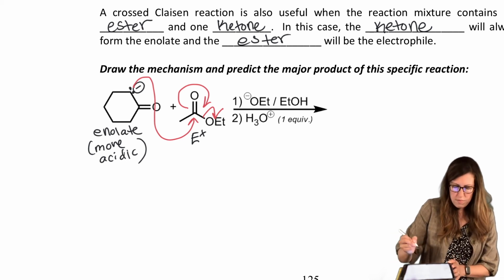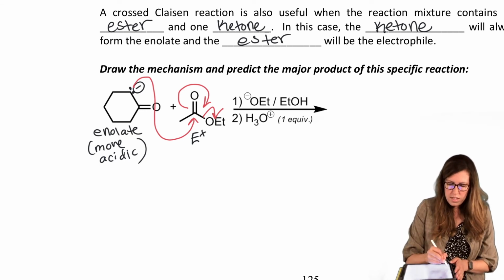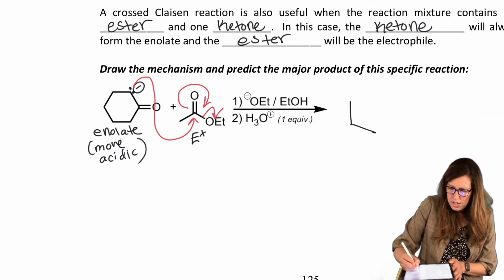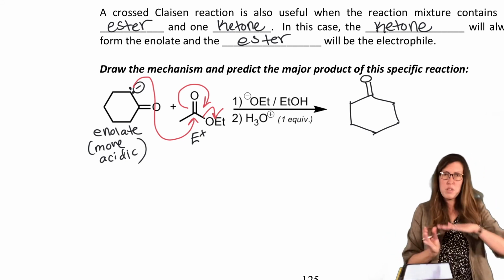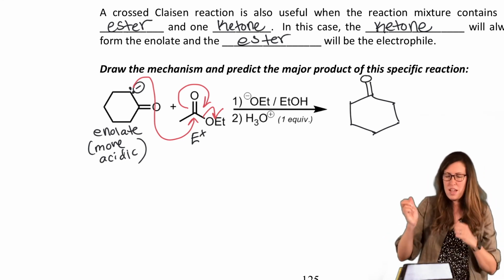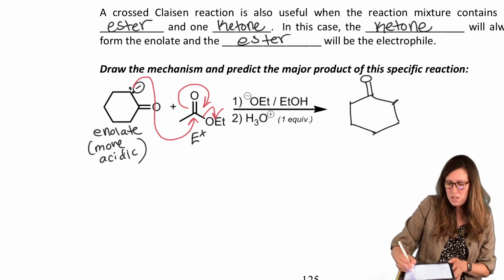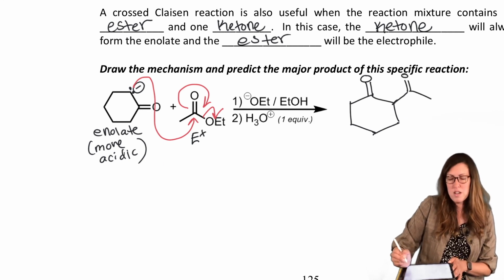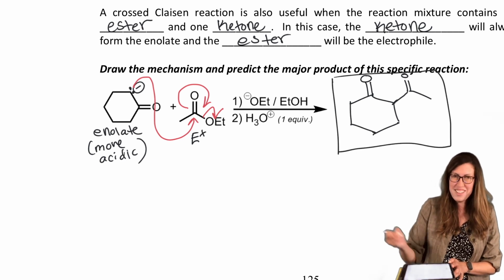Okay, so you know what? I'm going to rotate this a bit because I think it's going to be easier to look at like this. So notice what I've done. Put it kind of this way. And now I'm going to let this be the alpha carbon that extends and attacks. So new bond. Keep the carbonyl. Keep the R group. Lose the OR. Starting to get the hang of it?